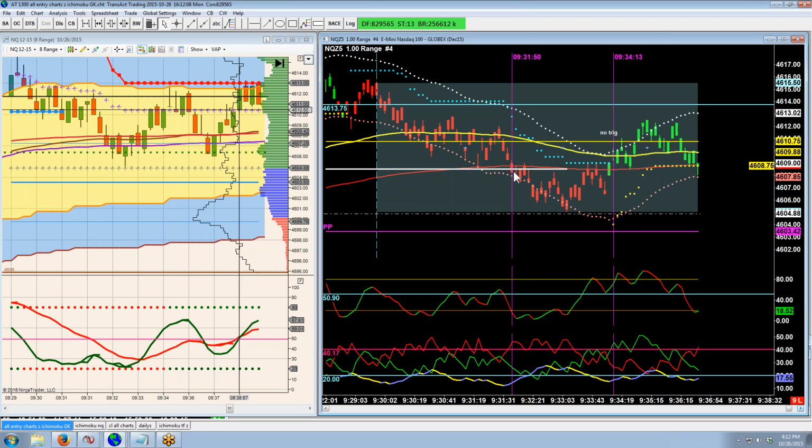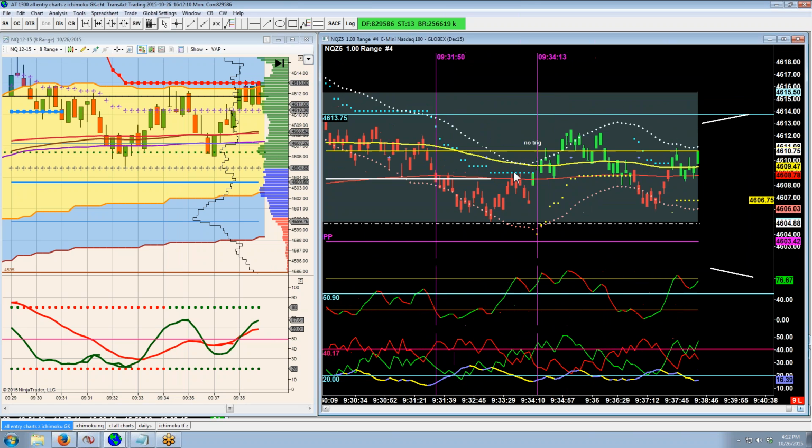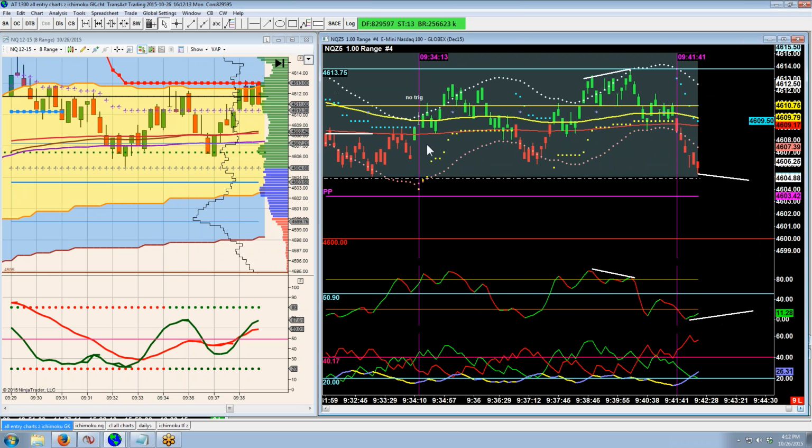Okay, so this is a breakdown, so let me just scroll ahead here to our first Slinky. So here we get closed above the indicator, and it was a no trigger because what I like to do is I like to put a buy stop a tick above the setup bar, and I want to be triggered on the very next bar. So the very next bar didn't trade up to trigger me. You can use stop limits if you like. I don't have any problems with buy stops or sell stops. I might sometimes wind up with a tick slippage in getting in, but usually not more than that, if that. Most of the time it's usually pretty dead on. So enter however you like, but I don't want to get in until I have my close above my indicator